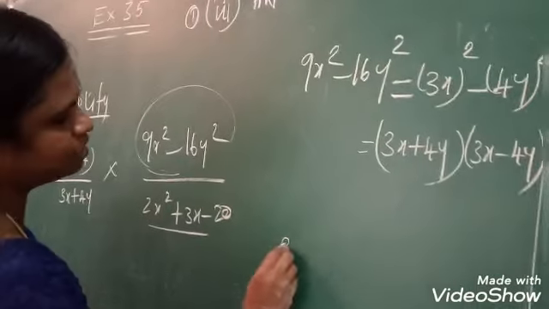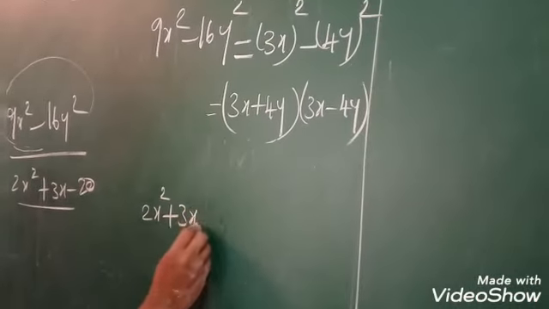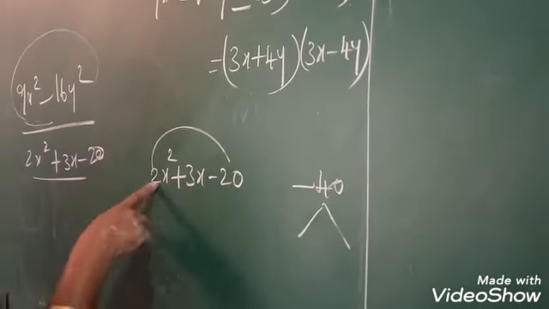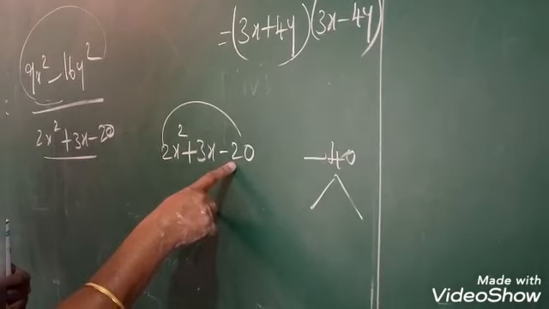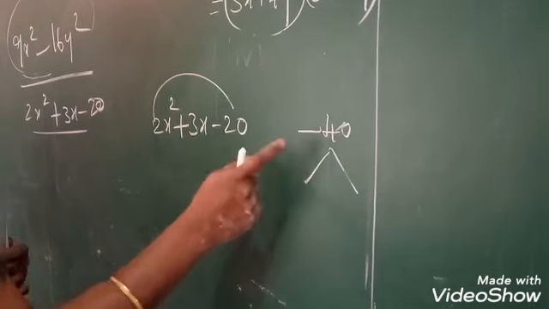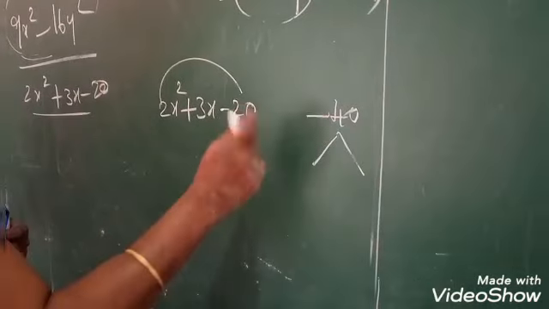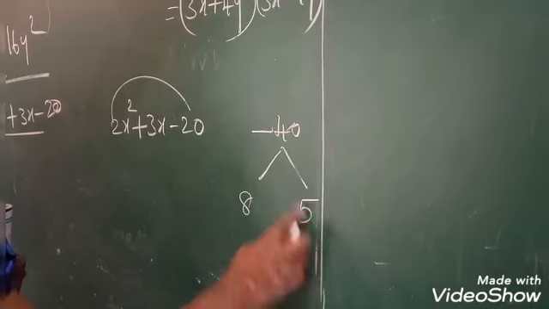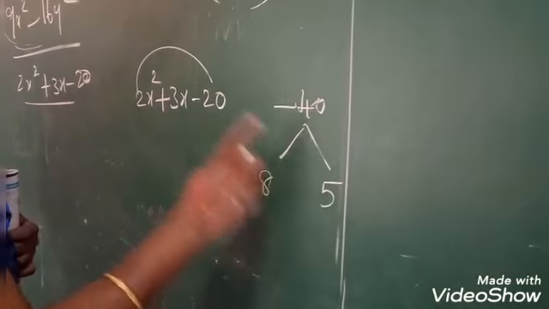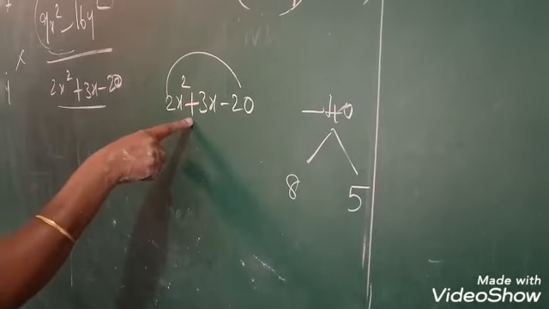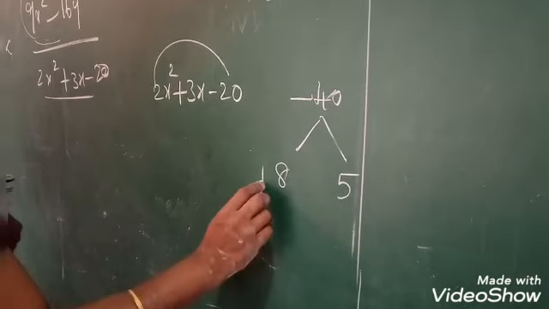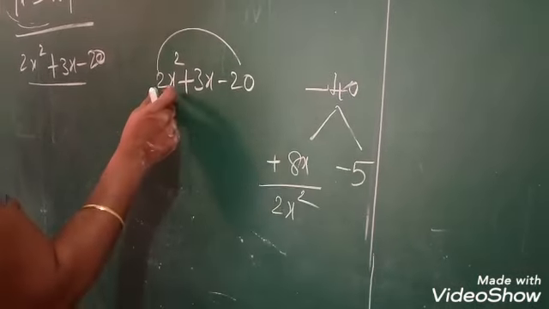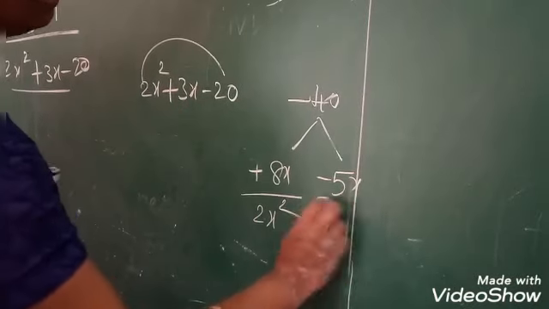Next the denominator is 2x squared plus 3x minus 20. Now you should multiply by minus 40, girls. Before, 2 is there. So the 2 should be multiplied with minus 20. So minus 40. If you multiply you will get minus 40. Then the same numbers if you add you will get 3. So what are the factors? Yes, 8 5s are 40. But 8 minus 5 is 3. Where do we want to put minus, girls? Yes, the biggest sign here is plus. So biggest plus, the smallest should be minus. You have to put the variables. What is the variable here? 2x squared, x. Then here x, 2x squared.